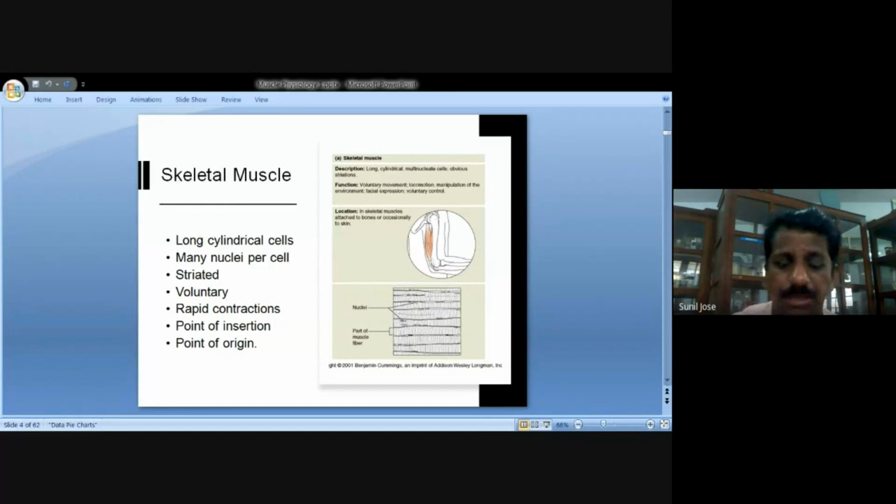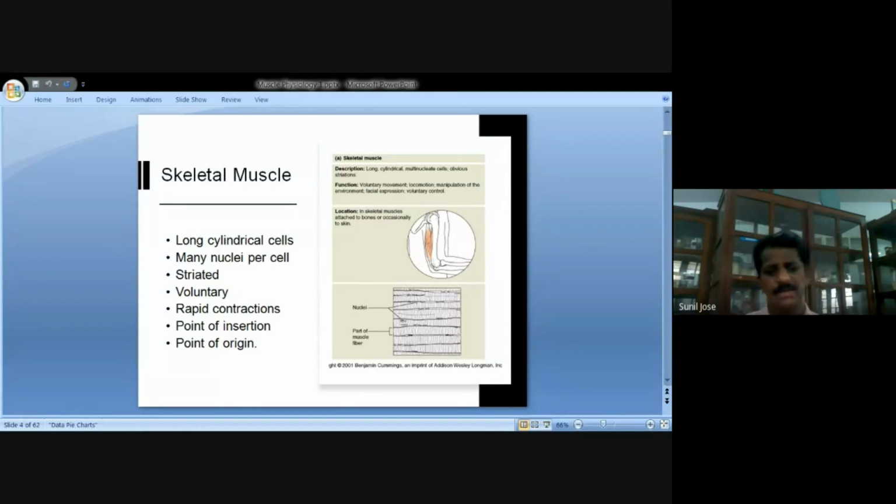Those muscles which can be controlled at our conscious will are known by the name voluntary muscle. That is, we have control over those muscles. According to our wish or will, we can move this muscle. So in the case of all skeletal muscle, we have control over all the working of the skeletal muscle by our conscious brain, and such muscles are known as voluntary muscle.